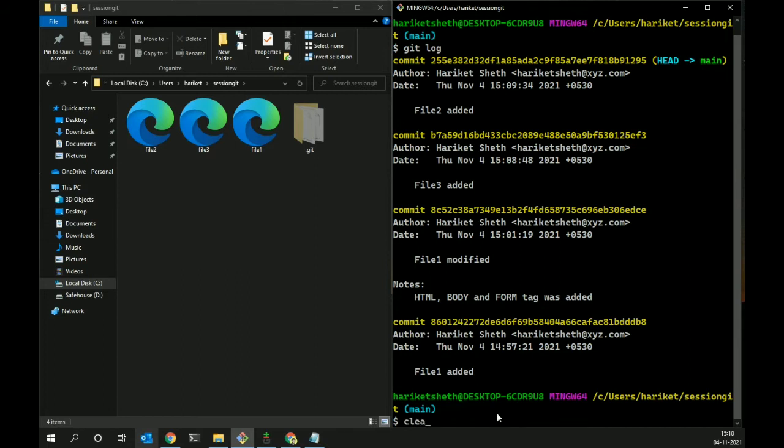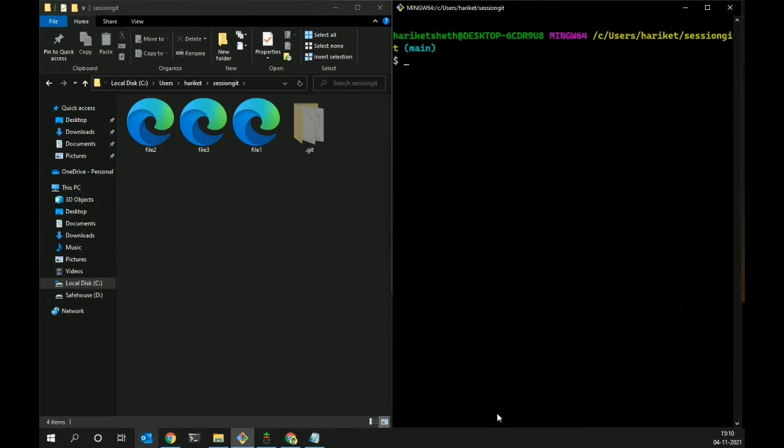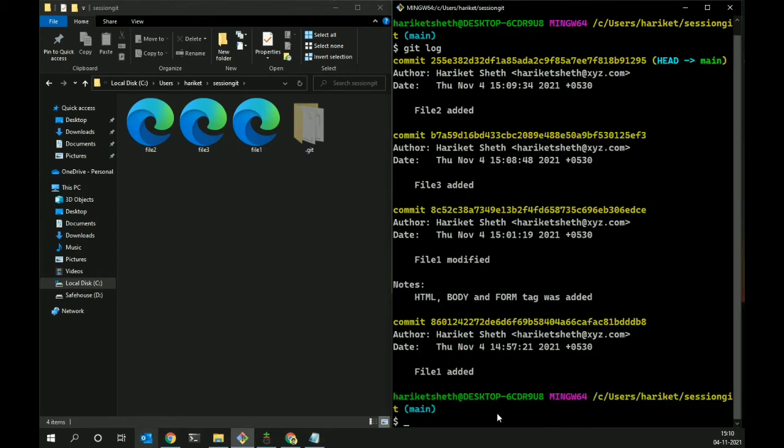And yeah, that is one more command you covered in this. And then you also have one more command. For that, let me do git log again. So there are two commands. Let me specify them first so that you also understand the difference between them. One of them is git reset, and the other one is git revert.